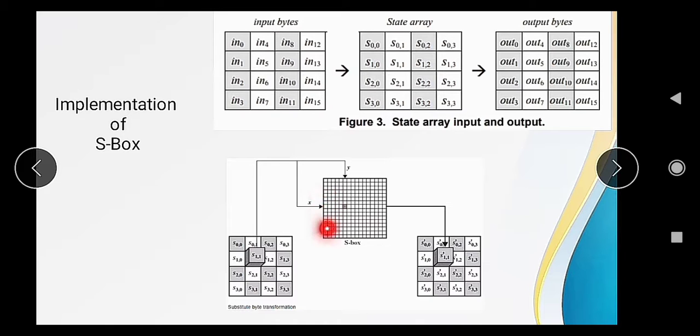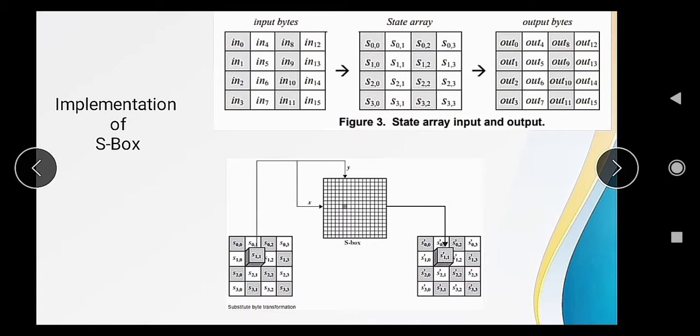So we can see here that X is used to find the row number, and Y is used to find the column number. So through this we'll get the row number and column number, and we'll get the address of one cell, as we can see in this diagram. And that value will be placed in the same position in the output matrix as output.